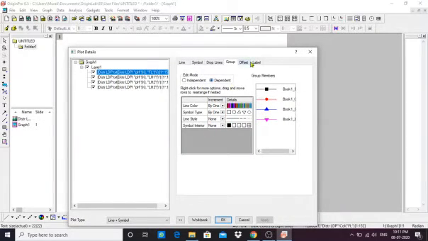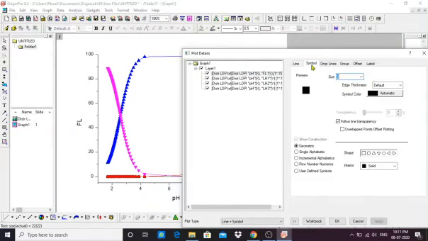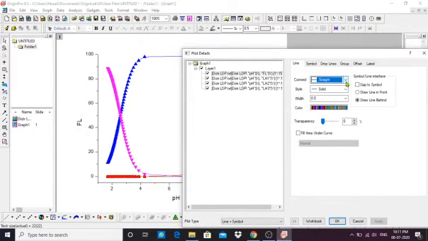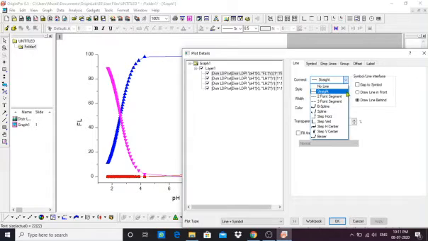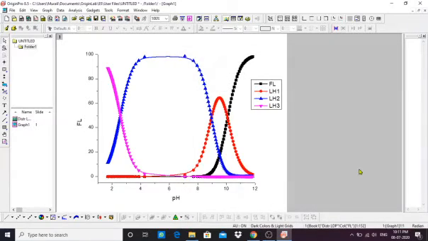Simply double click on this, it will pop up again a new window. We can group the data, we can drop the lines, and the symbol size is customizable, as are symbol color, symbol type, symbol shape, etc. and the line also. For the line, you can connect by straight line or a 2-point segment, like that. For smoother data, I am selecting B-spline and width as 2 units. Click on apply. That's it.